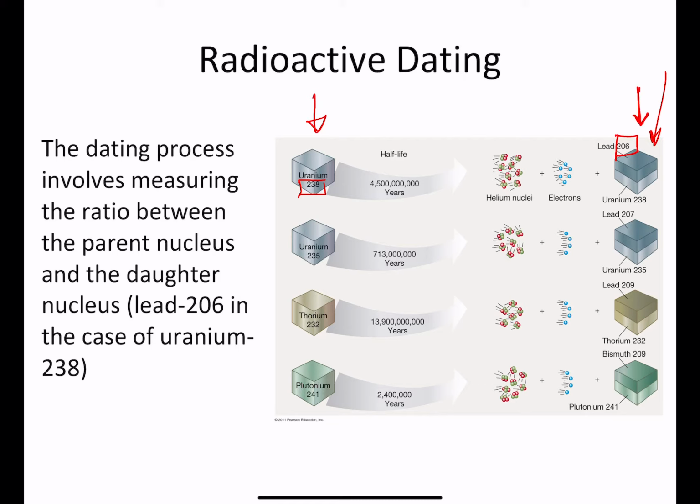We can figure out the ages of asteroids which hit the Earth, meteoroids and asteroids. We can also figure out the ages of fossils using the same principle. That is called radiocarbon dating, and I'm not going to get into the details of that. But in principle, it's very similar to what we discussed.